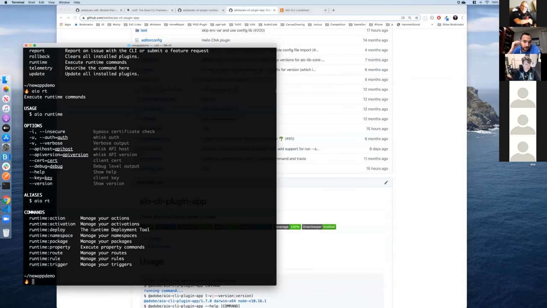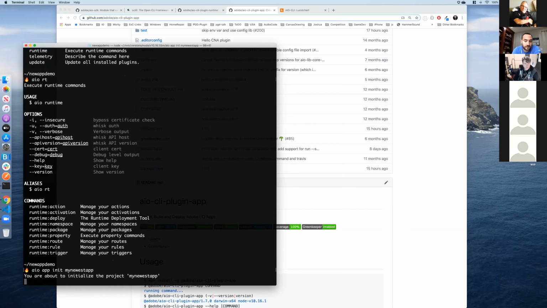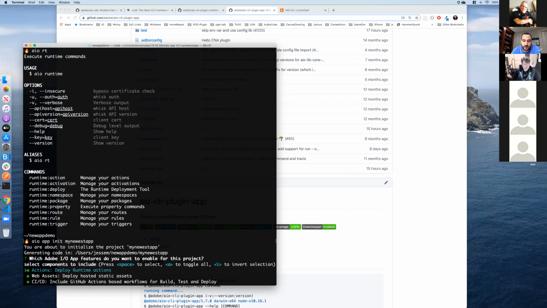I'll do a brief demo of how we develop an app, and show you the layout of an application. It's a lot easier to understand if I actually just show it to you. So I'll just do aio app init with a name. Here I'm presented with a helper, so I can choose what I want to add to my application: actions, web assets, and CI/CD using GitHub Actions.